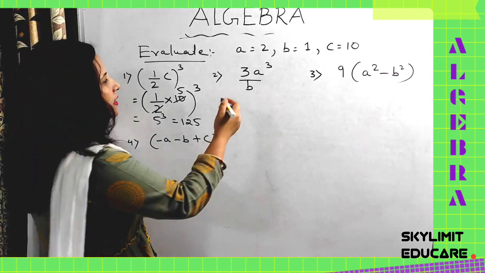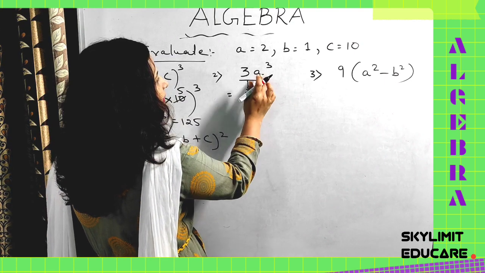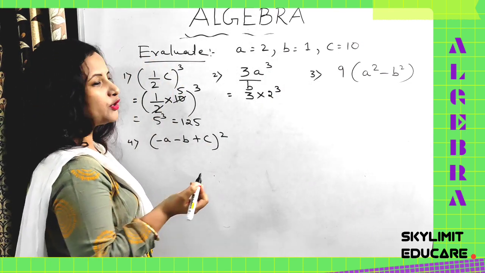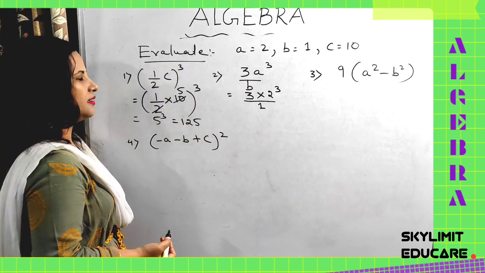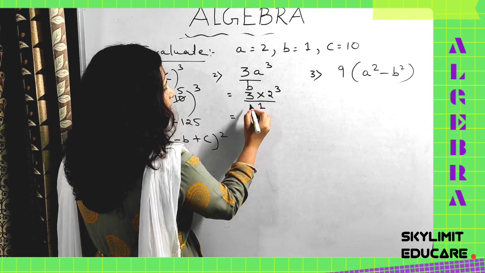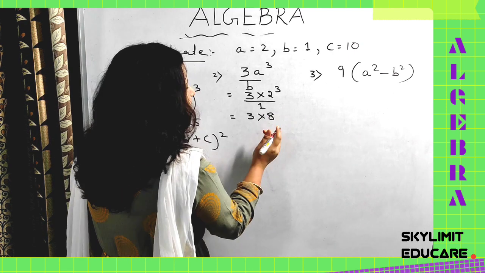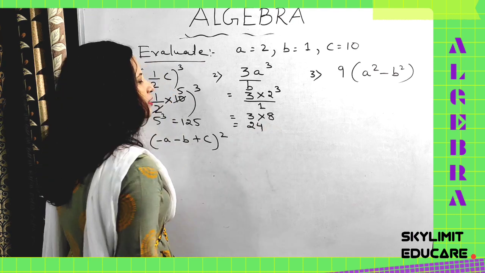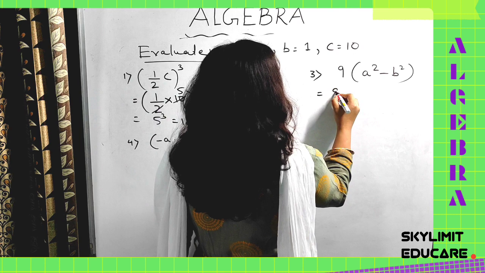Yes or no? Now 3a cube is very simple. So we will be writing 3 here. In place of a, we will be writing 2 cube. In place of b, simply 1. In the first case, simply put the values. Now 3 multiplied by 2 to the power of 3, as you know, is 3 by 8 by 1. Now no need to write that, so 3 8s are how much? 24. Clear?